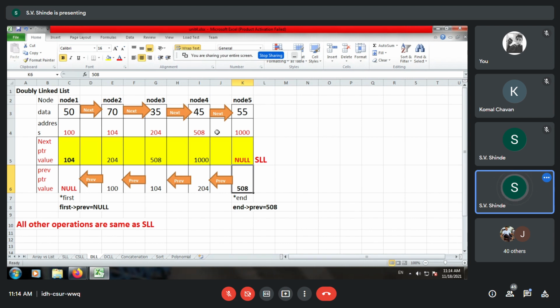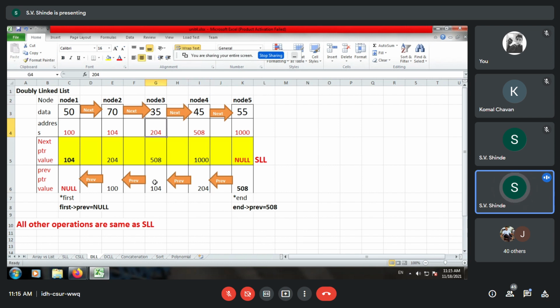Now moving to end arrow previous, you will get node number 4 due to 508. Now, what is the previous node address for node 4? It is 204. Therefore, we update 204 over here. Able to understand? Yes, participants? Again, if we move to the previous node of node number 4, we will find the address 204 there and therefore we move to node number 3.